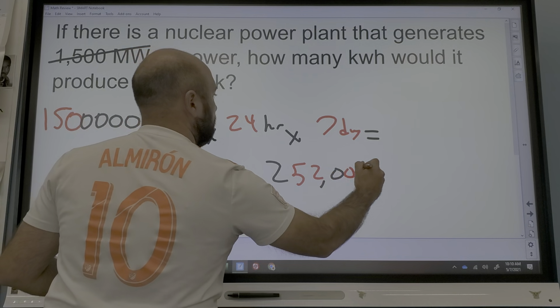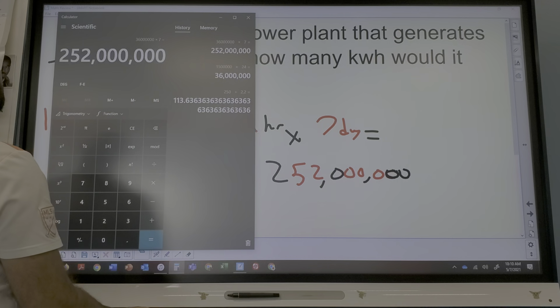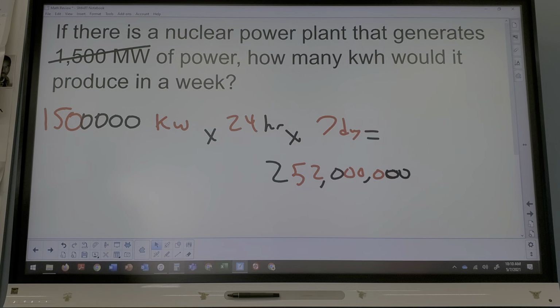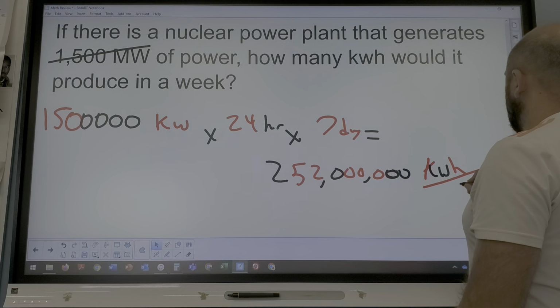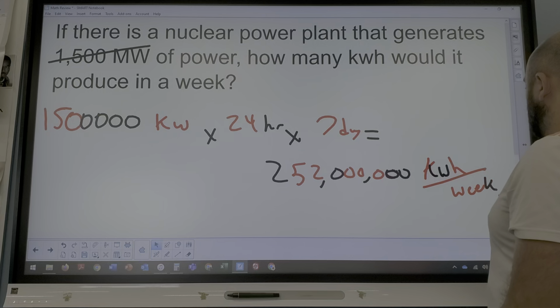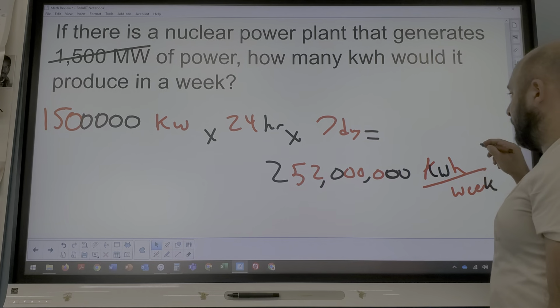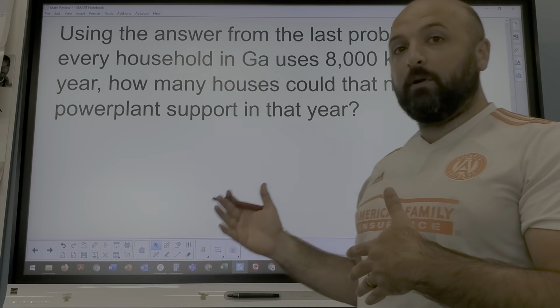So I take the number I just got, multiply it by 7, and I get 252. Good grief. 252 million. That's pretty good. Okay, so there's my number. 252 million, what is that? Kilowatt hours per week. Okay, answered. Now, what they always do is they take that number and they put it into another part of